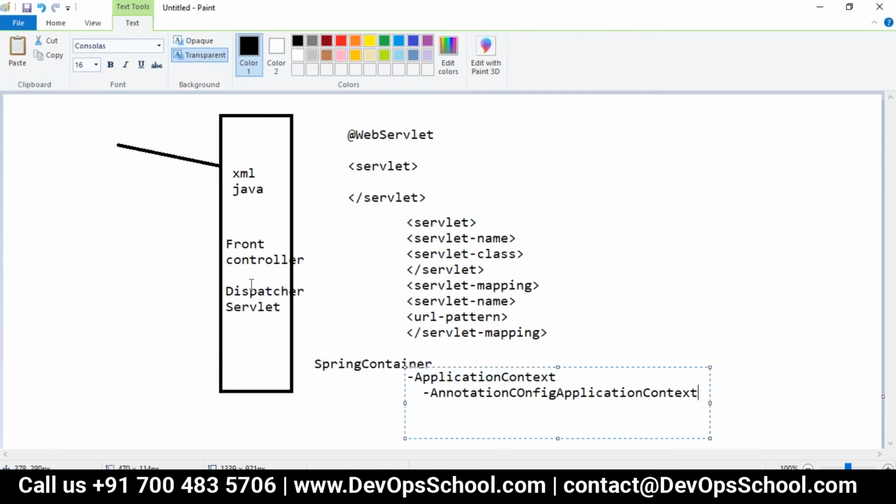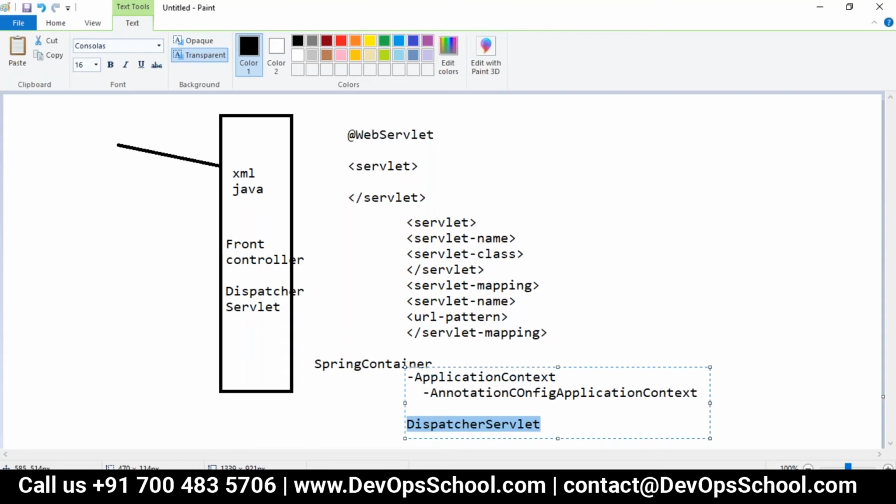Now tell me what are the two things we require for our Spring Web MVC application. One is we require an annotation config application context. And what is one more? To load your application with Spring MVC, we require a front controller, which is the dispatcher servlet, which makes your application initialization.